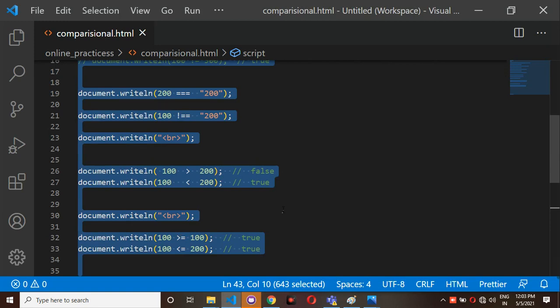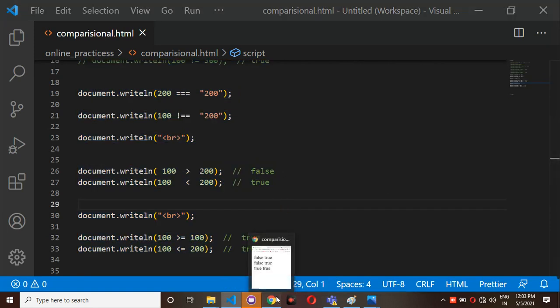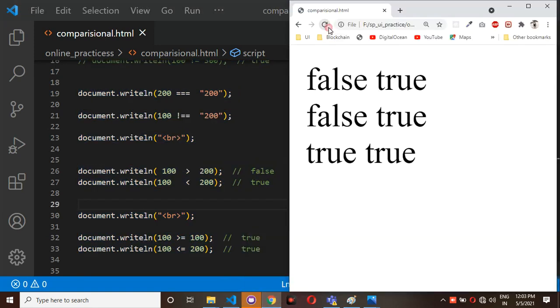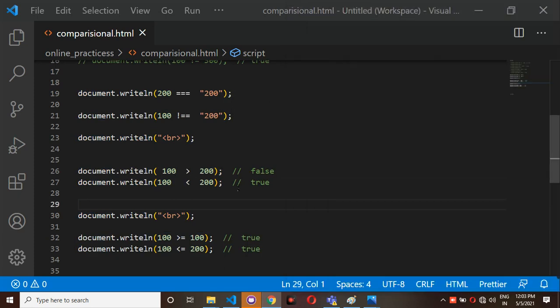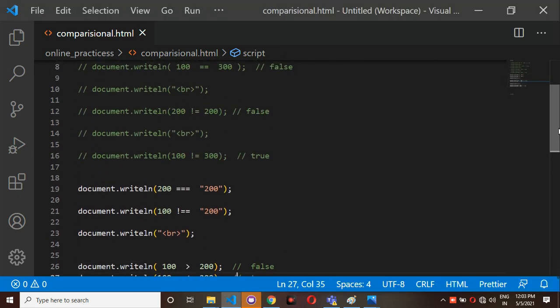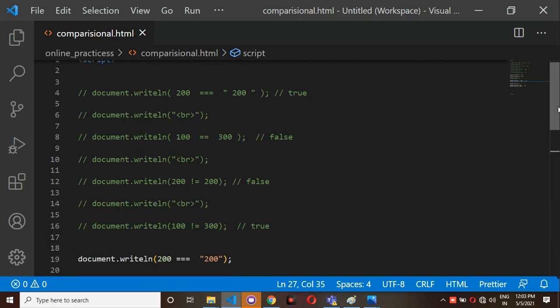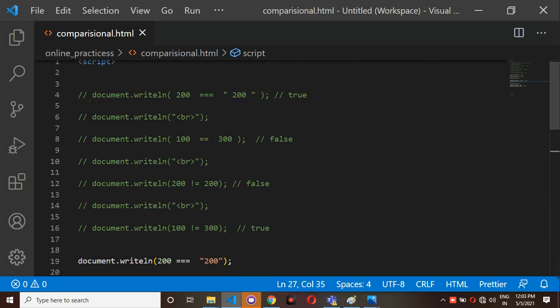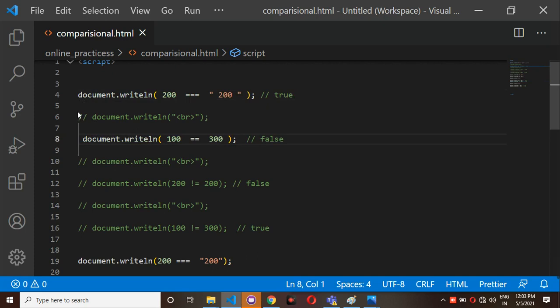So these are called comparison operators. We have the double equal to operator and the triple equal to operator. The double equal to operator will check whether the two values are equal or not, but the triple equal to will check whether both the data types and values are equal. It will check all the things.